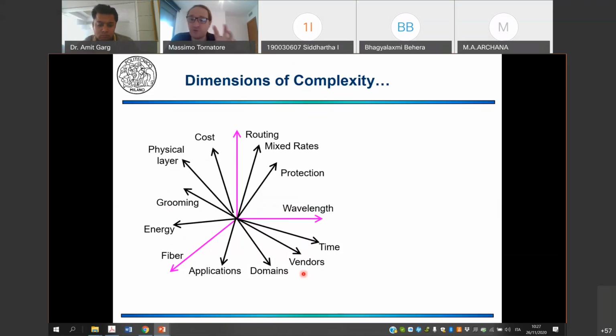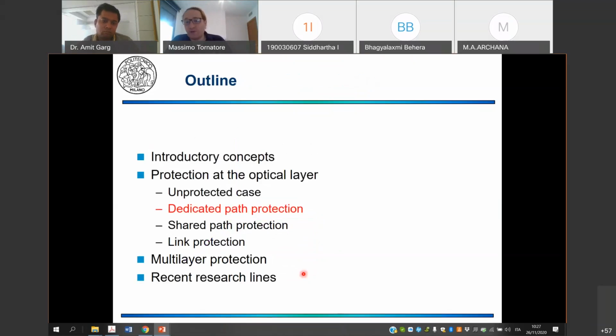In practice, there are so many dimensions to consider. Anyway, let's start talking about protection. It's been almost half an hour now. So